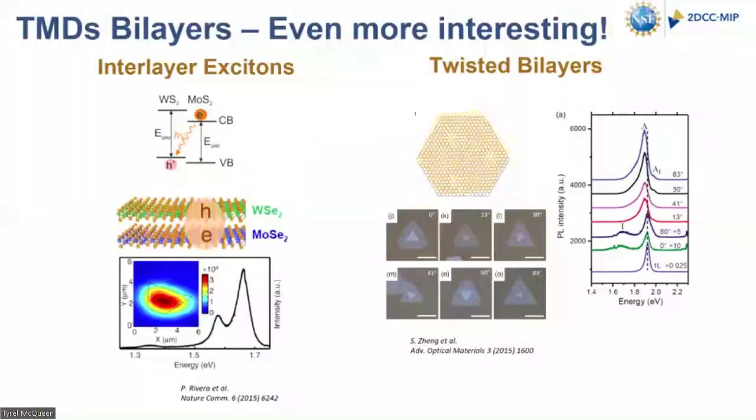But then things get even more interesting because now you can also change the relative orientation of one layer relative to the other, right? And this is like an emerging area in physics, looking at the properties of twisted bilayers and Moiré superlattices, right? So you may have encountered this in some of your work, right? So the interesting thing here is that as you change the relative orientation, that's going to change the coupling between the layers, right? It's going to change the overlap of orbitals, and so that gives rise to other emission peaks. A lot of really interesting properties. Okay, so